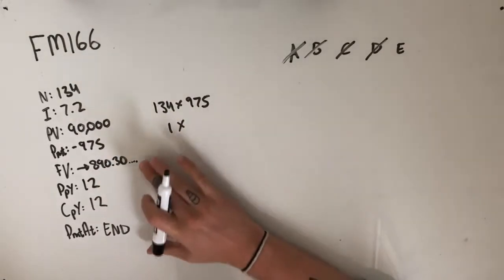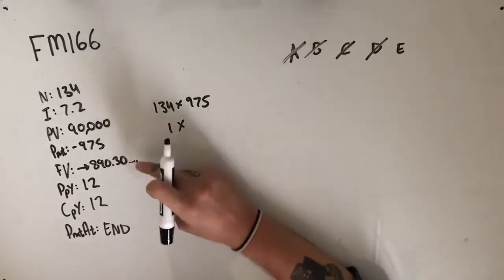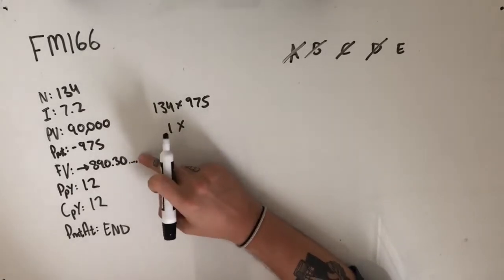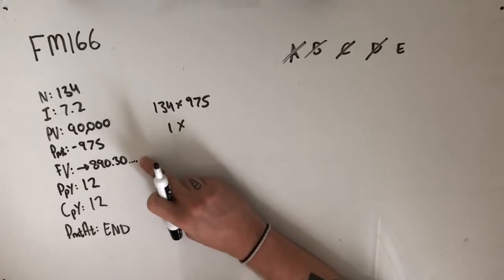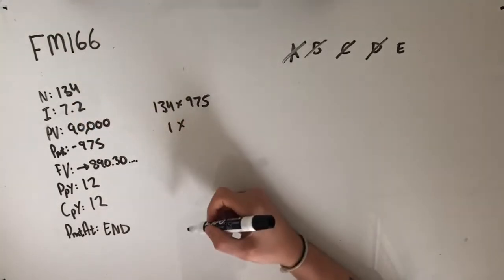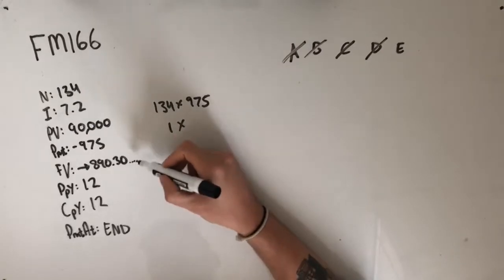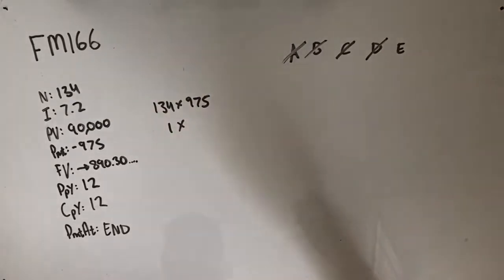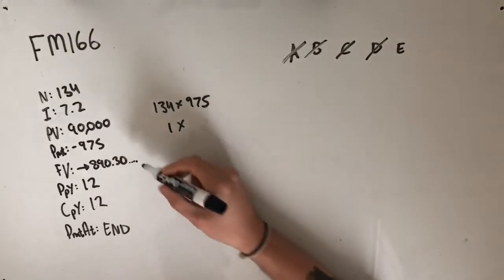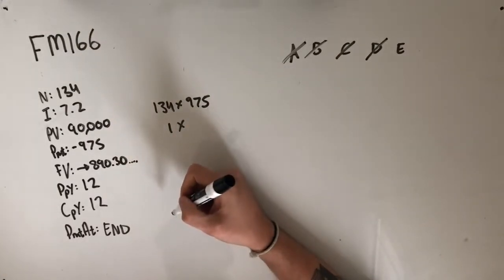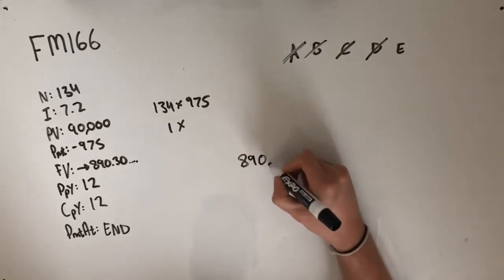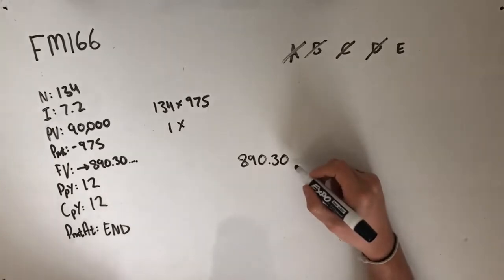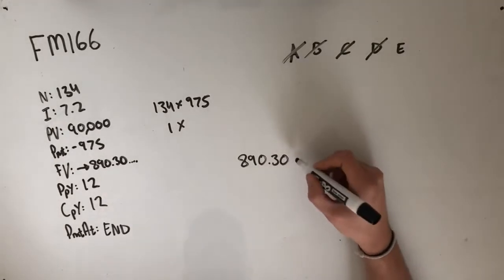Now, the tricky part here is that a lot of students may take this answer to be the final payment that will be made. This is the future value, ergo in this scenario, it's the value of the loan after 134 payments of $975 have been made. This value of the loan doesn't actually contain within it the interest that will be owed at this point either. So we take this value of $890.30, and in order to also add on the interest that will be owed at this point, we're going to